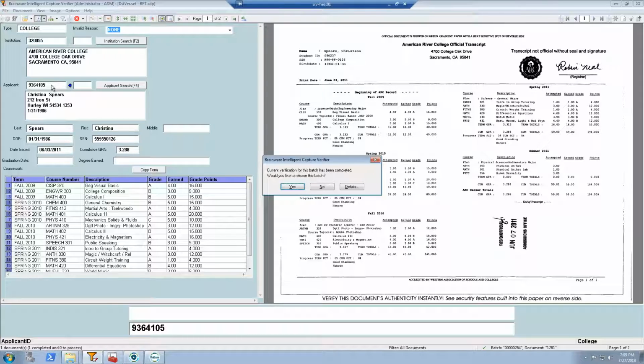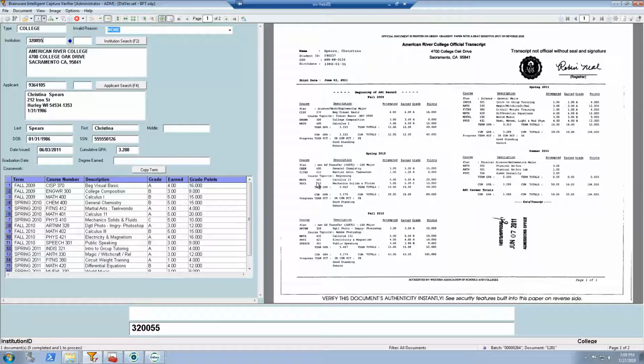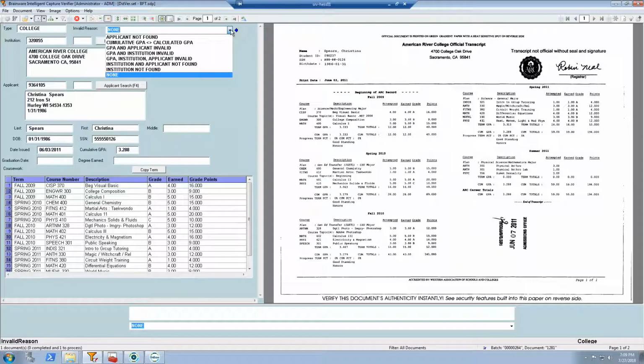But before we release this, I want to talk about this in a little bit more detail. Like I said, we're just going to take our time and walk through this one, especially the first one. If we did not find that applicant after we did a lookup into your applicant list or your system, and maybe we received this transcript before someone applied, we would be able to set an exception or an invalid reason. That's what this drop-down list is up here. You can have different invalid reasons if you want to, but in that case that we were just discussing, I could say applicant not found, where in that case this could be sent then to an exceptions queue, where we could also put some